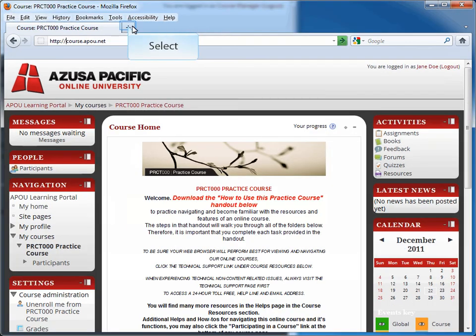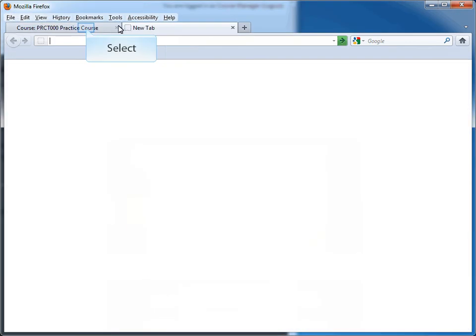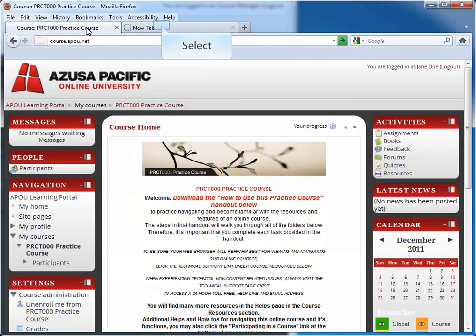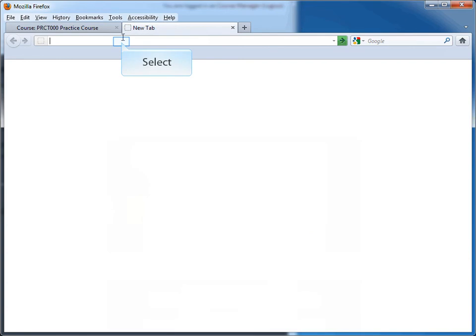Next, let's upload our own document to Google Docs. Open a new browser window. You can see that now in Firefox we have 2 tabs, one for our practice course and one for Google Docs. We're going to type in first your